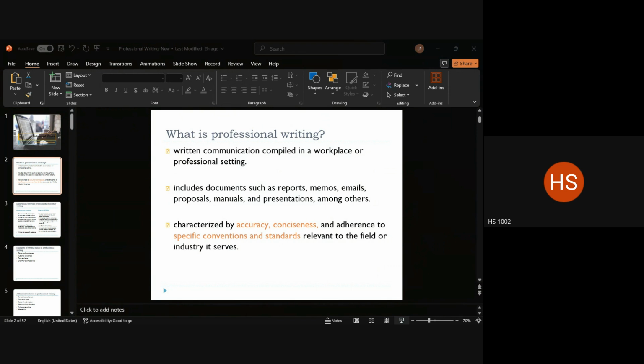So, professional writing. A lot of people ask questions like, is this similar to technical writing? Is this similar to scientific writing? So, the answer is very simple. Technical writing or scientific writing or research writing, for that matter, they all are types of professional writing, right? Which means this is the umbrella term which folds all the other types of writing that I just mentioned. So, technical writing is nothing but, say, a lab report that you write, right?